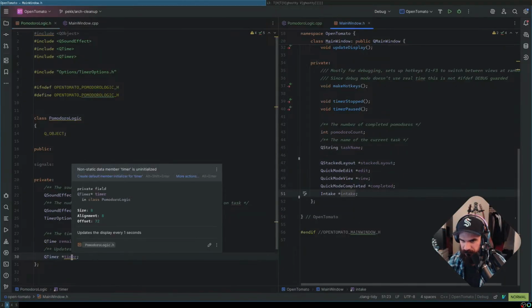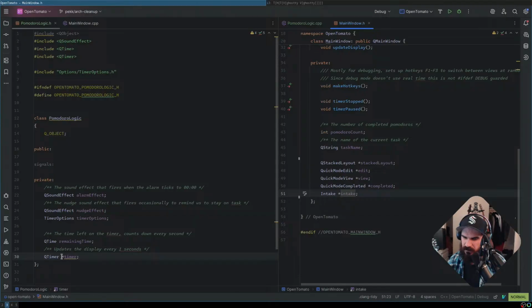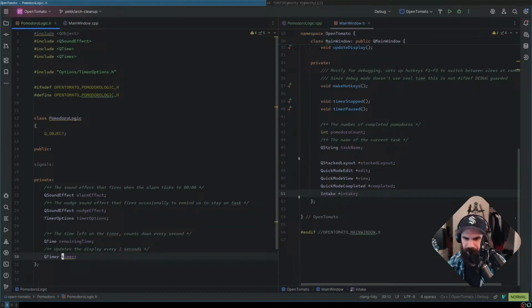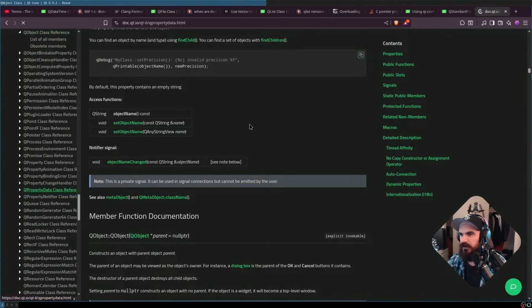Let's compile it. Why did I make this a pointer? Does QTimer have to be a pointer? I don't know why I did this. That's probably why it was highlighting it like this, right? Non-static is uninitialized. Well, yeah. I don't think QTimer has to be a pointer. Let's look at the QTimer documentation real quick.